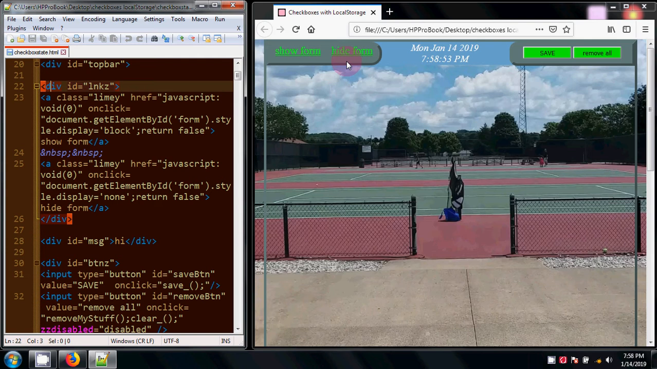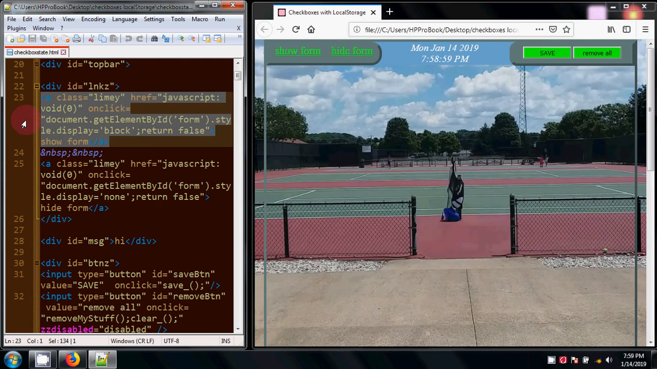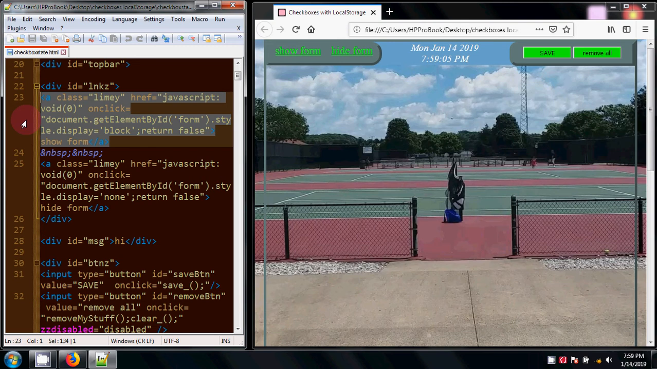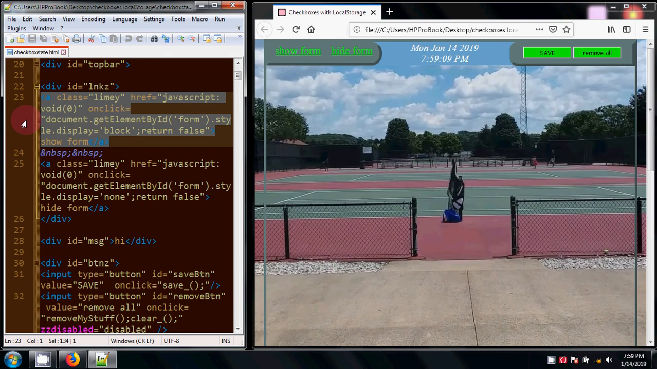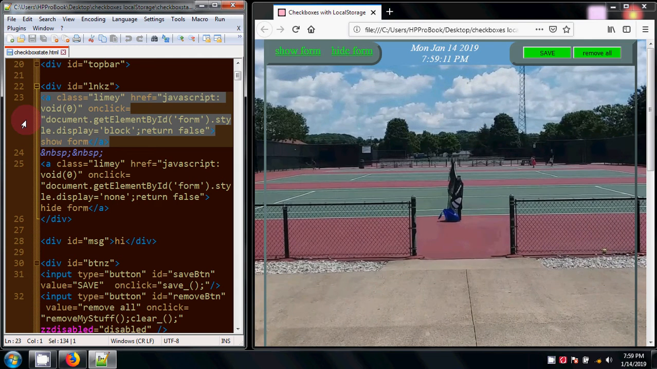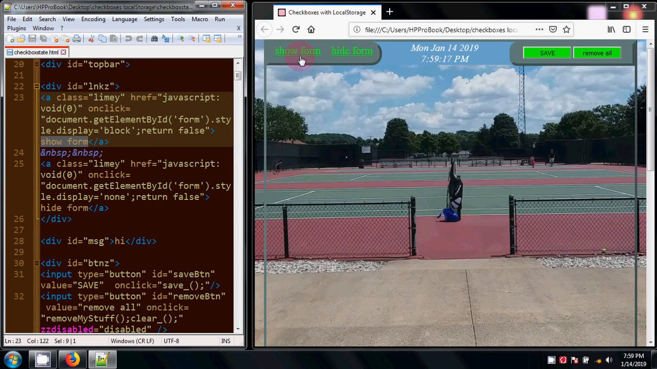And it has 2 links. Here's the first link. A class equals limey. href equals javascript : void 0. On click equals document get element by ID parentheses form style display equals block, and return false. And in between the opening and closing anchor tags, we have the words show form, as you can see right